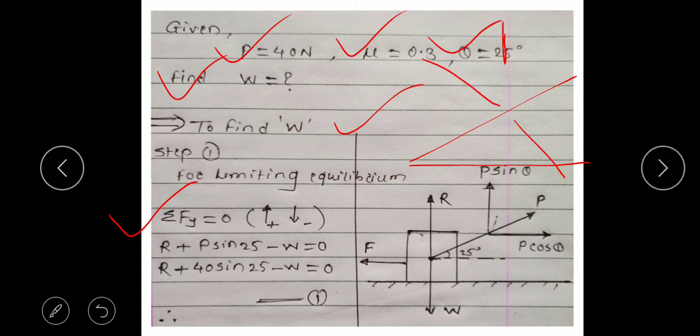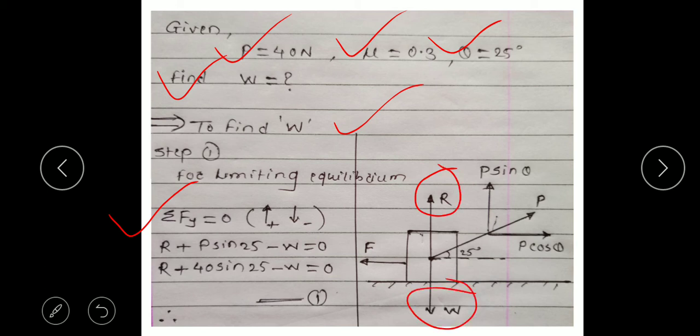That direction will be inclined in the inclined plane. Okay, I am not going to talk about it today. So according to the summation of vertical forces, when we consider the sign convention, here in this diagram, this is the diagram we have drawn from the given one. From this diagram we can see the vertical forces are R, then W, and P sin theta.